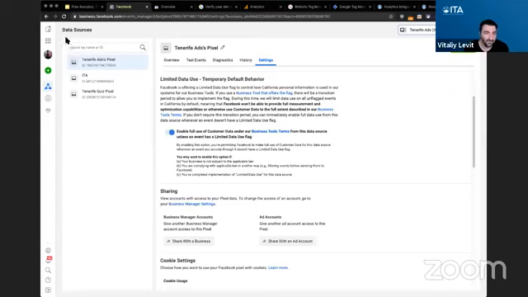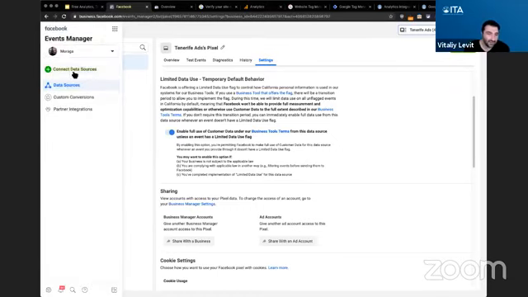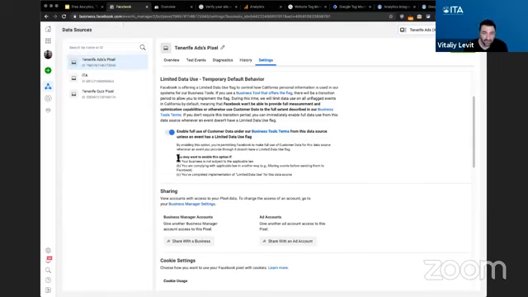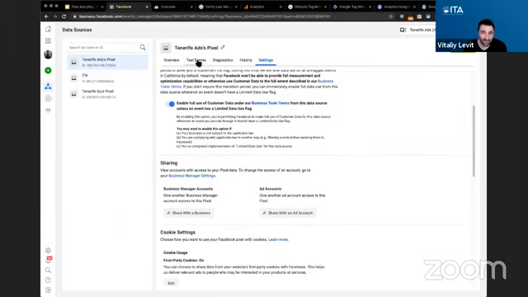How do I add a new pixel? Anyway, when you go here, you'll see some button somewhere. This is add a new pixel, or when you create your account, Facebook has a bunch of ways that it pushes you into the Facebook pixel creation. But essentially, you take this Facebook ads pixel and it'll give you something like,